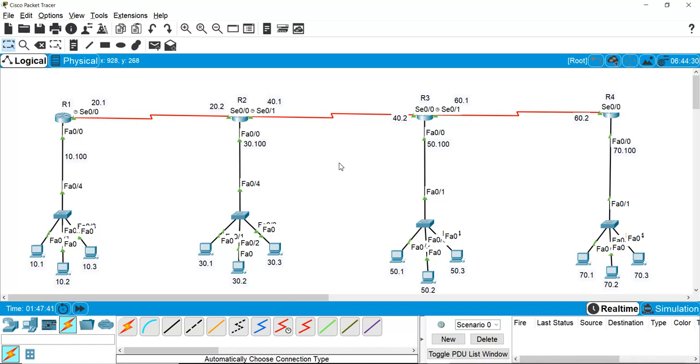And one more drawback is, if you lose one network, like if I want to go from 10 to 70 and I have multiple paths, and one path goes down, then it will not manually take the other path. We have to configure it manually. But in dynamic routing, it can take the other path automatically.